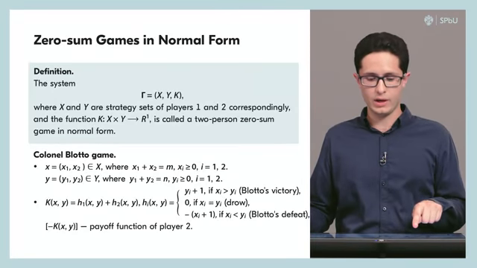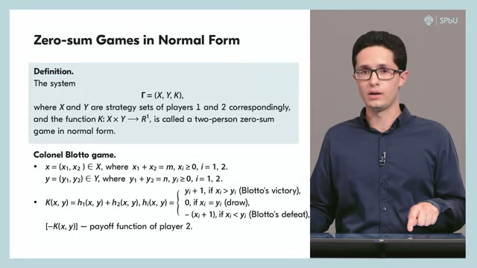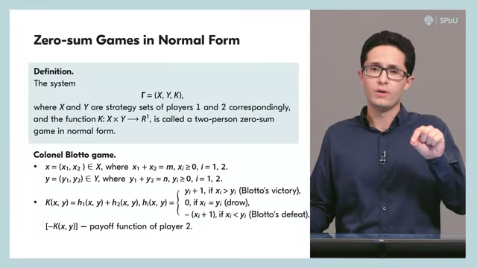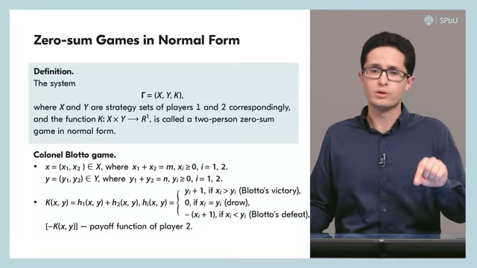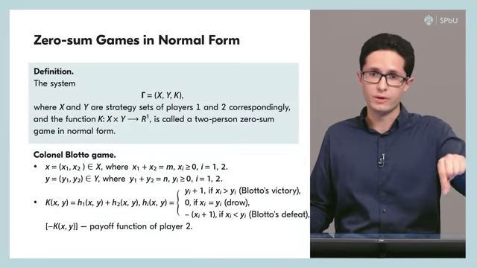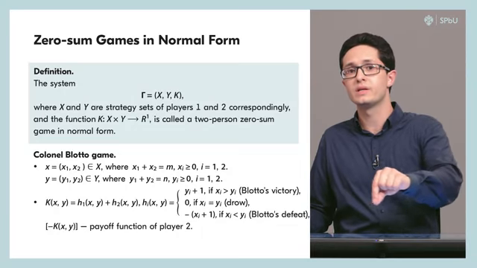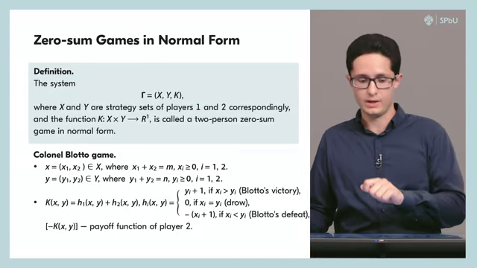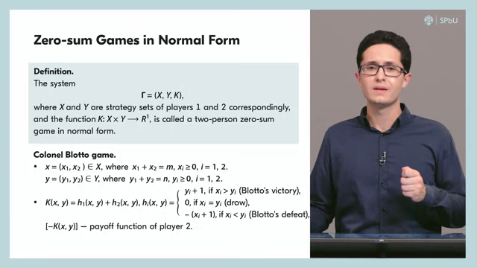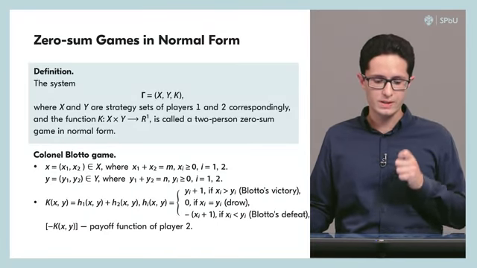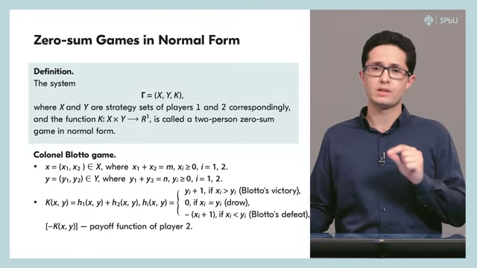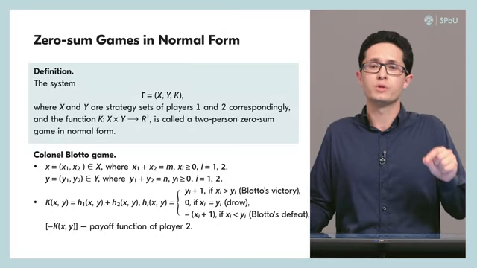It happens when xi is strictly larger than yi, so when the number of regiments that Colonel Blotto allocates on battlefield i is strictly more than the number of regiments that his opponent allocates there. In this case, the payoff of Colonel Blotto is equal to yi plus 1,